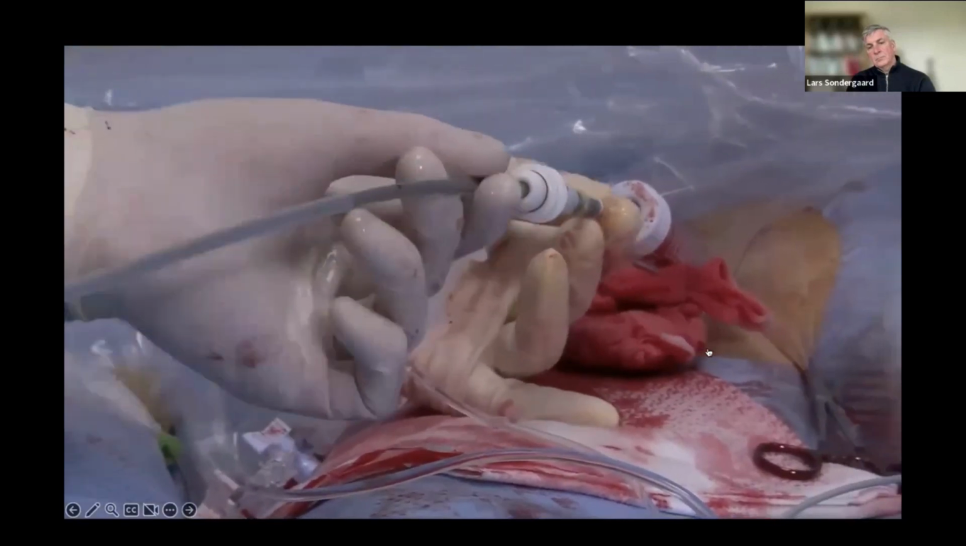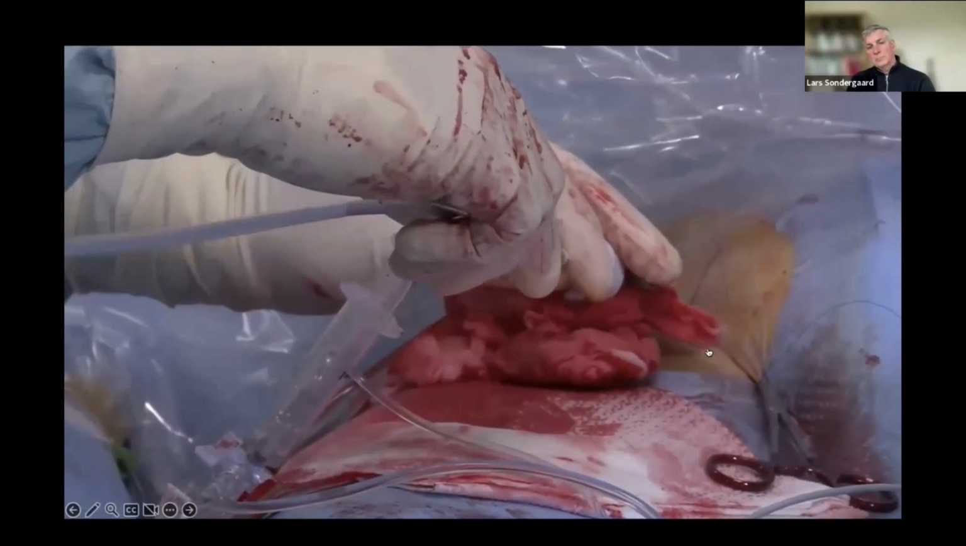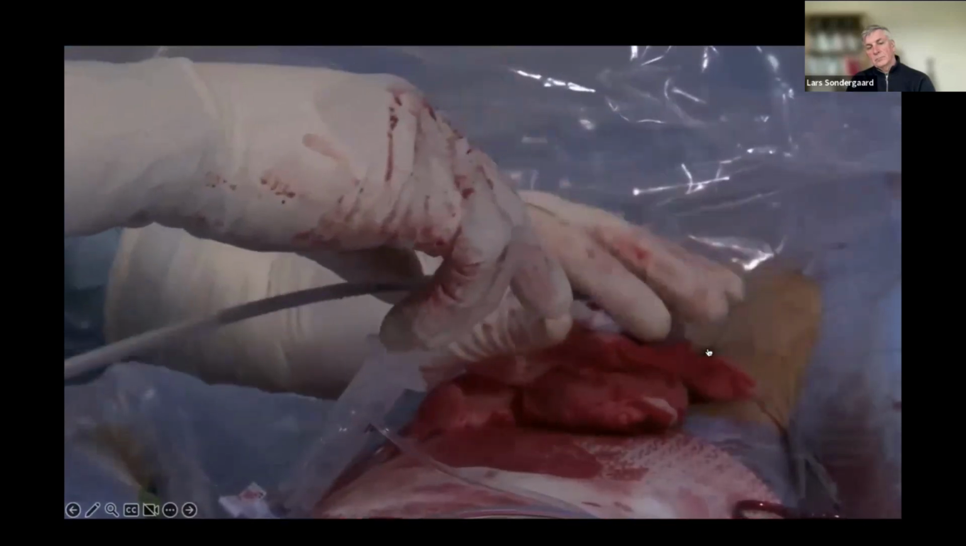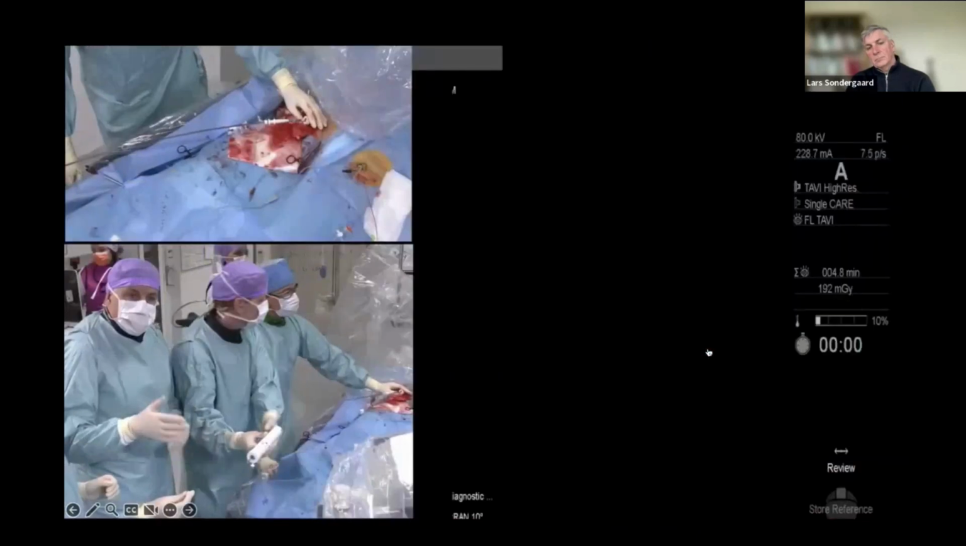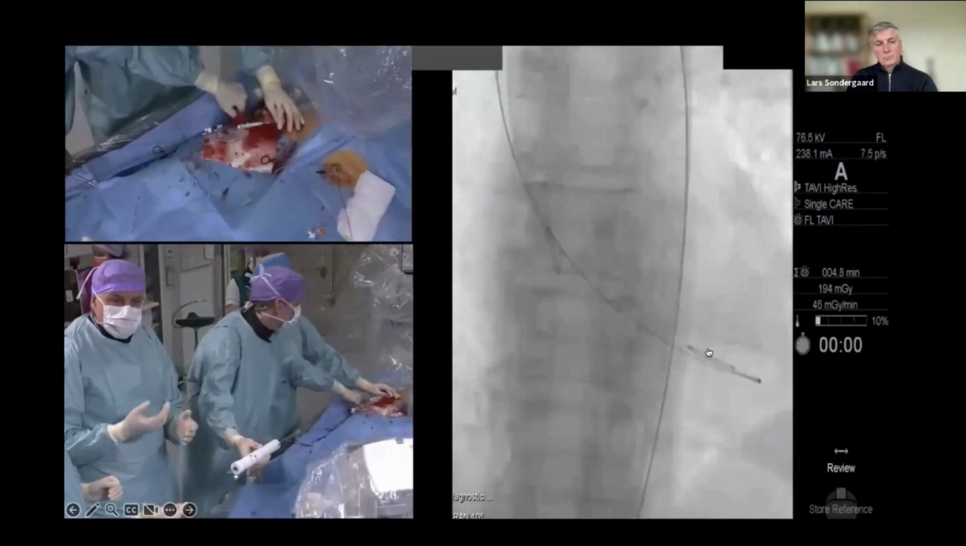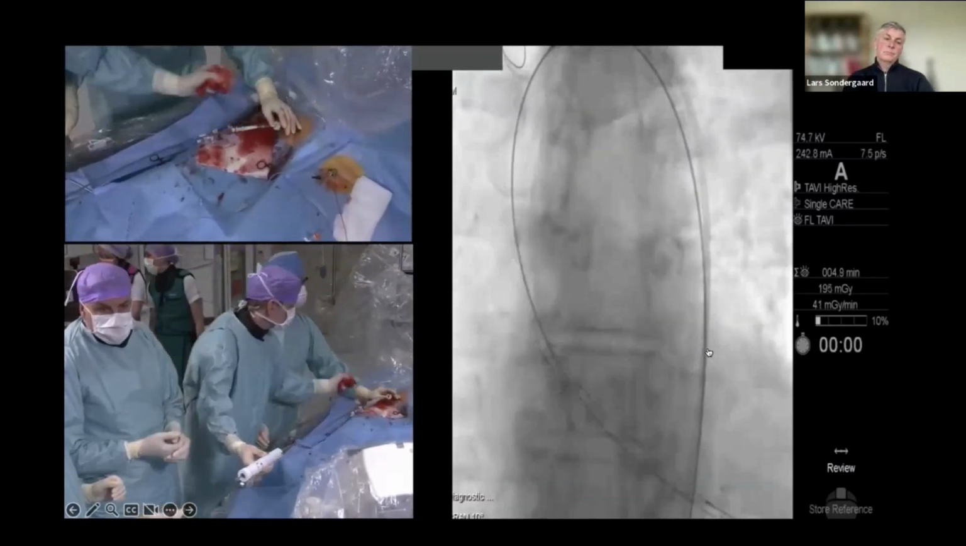So now we're advancing this. We have the flush port at 6 o'clock. So with people talking about commissural alignment in order to have better access to the coronary arteries, maybe also better durability of these valves,